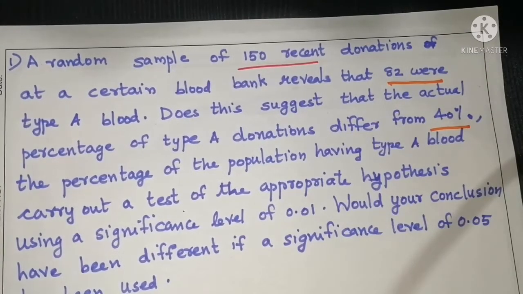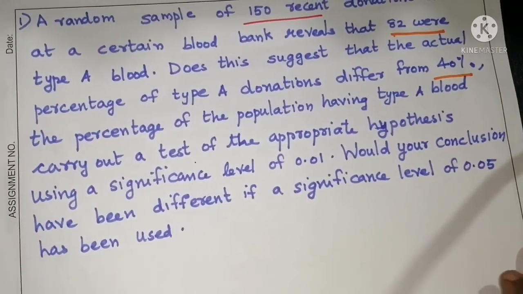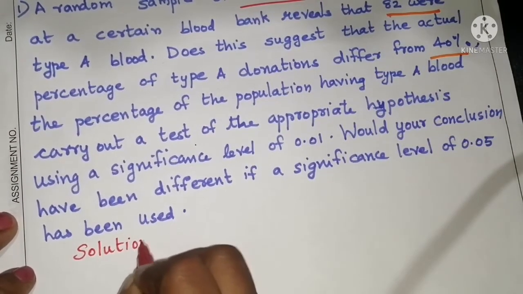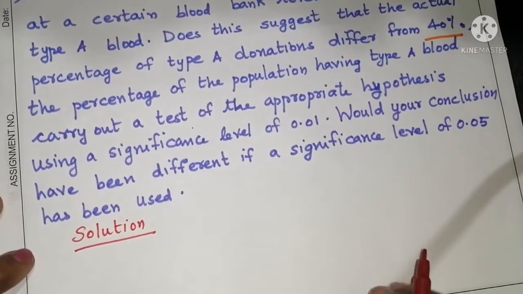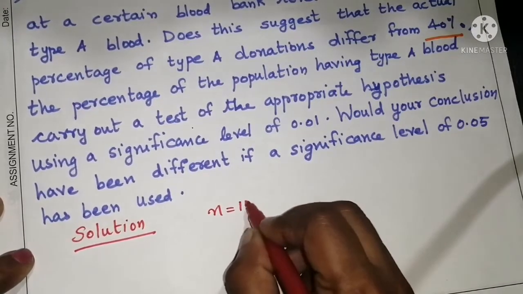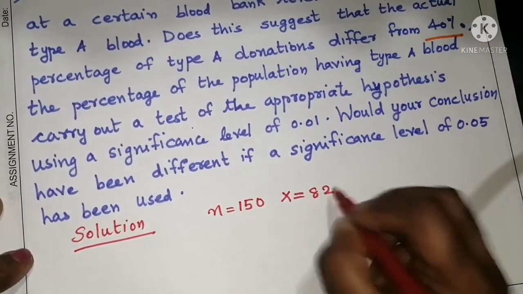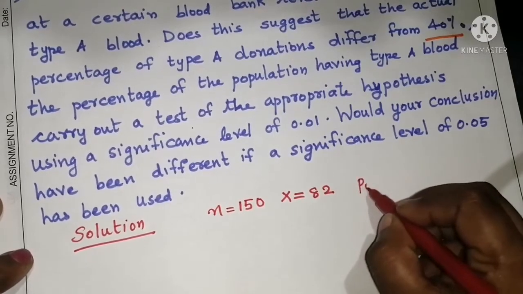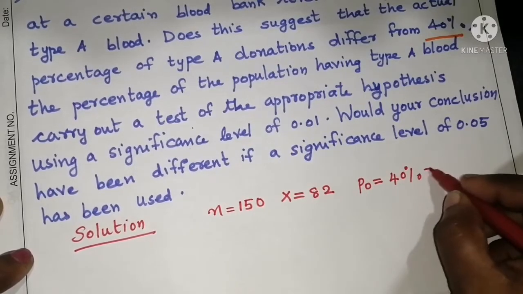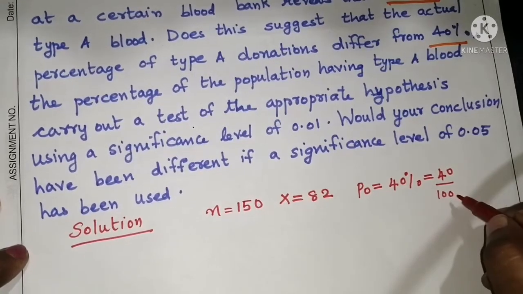So we have a sample. What is the sample in the question? The sample is 150. So the sample size n equal to 150. Then the number of success, that is the number of favorable condition, is 82. Then given P naught, that is the population proportion, is 40%, that is equal to 40/100,